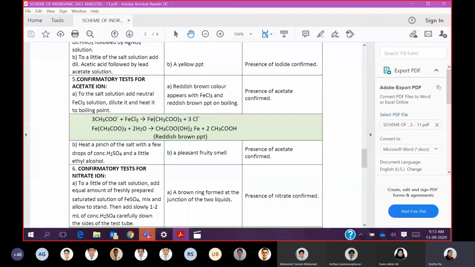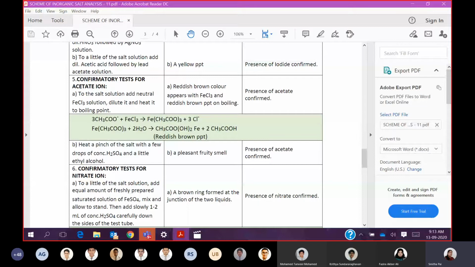The second confirmatory test for acetate is the ester test. You have learned the ester test in grade 10 in carbon and its compounds. You will be taking a small amount of the salt containing acetate. You will be mixing the salt with few drops of concentrated H2SO4, and you will be adding a little ethyl alcohol. You can slightly warm the test tube, and if you pour the contents in water, you will get a pleasant